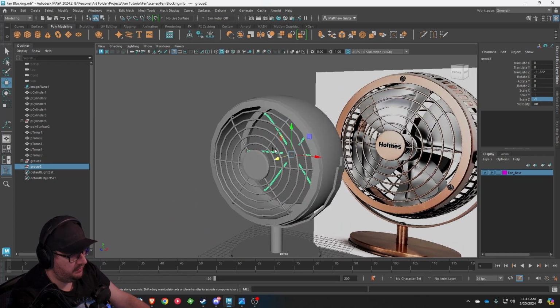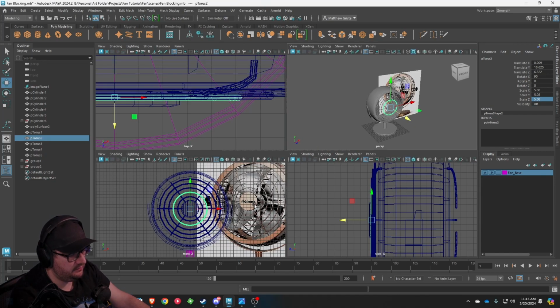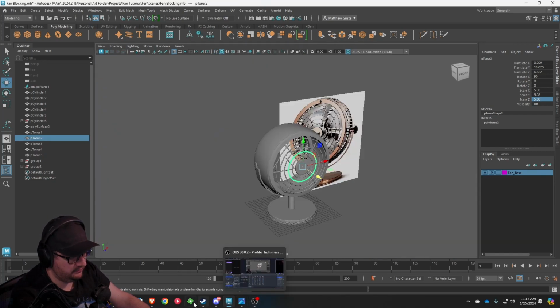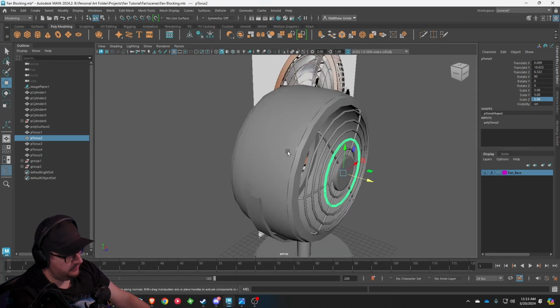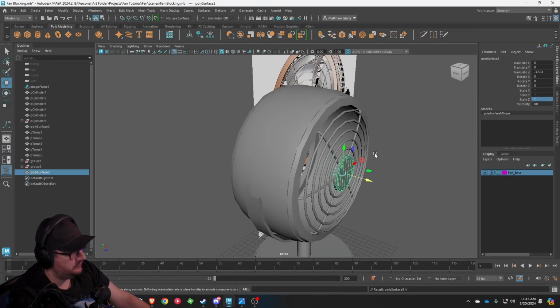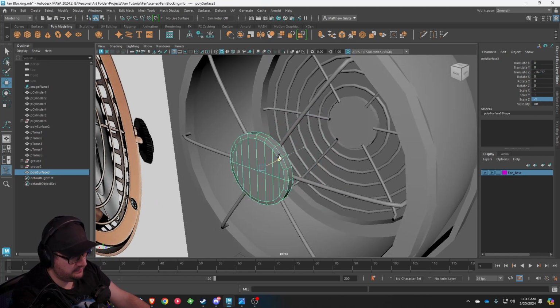Okay, and then the back only has 3 of them, but the back also has this little control plate. So we have this to work with now. This is going to be another cylinder. We can get away with reusing the front puck. So what we're going to do is Control D, -1 in the Z, pull it back, and this will save us from having to re-quad this. We're going to scale it out,